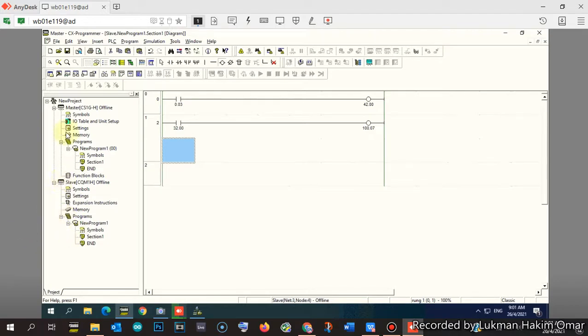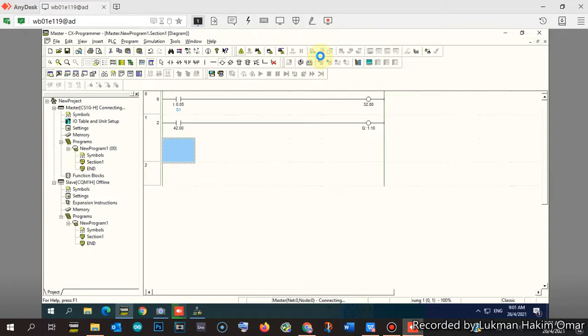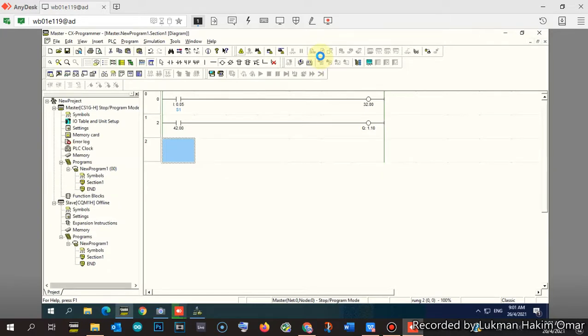Okay, so what we have to do for the rest is to transfer both ladder diagrams to the corresponding PLC. Okay, so for example, this is the master, I go online, and then I transfer to PLC.